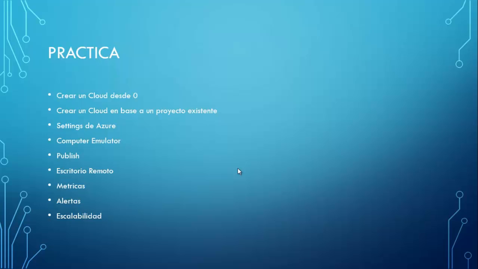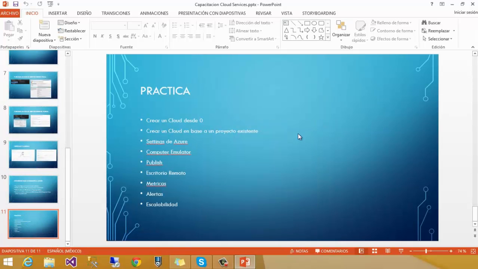And next, the practice. We will create a cloud service from zero, from the beginning, and create a cloud service from an existing project. We will see Azure settings, compute emulator, publish, remote desktop, metrics, alerts, and scalability. So let's move on, and we will end in manage. So the first one is